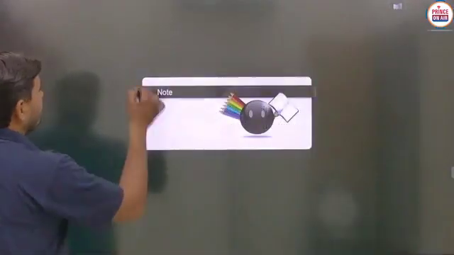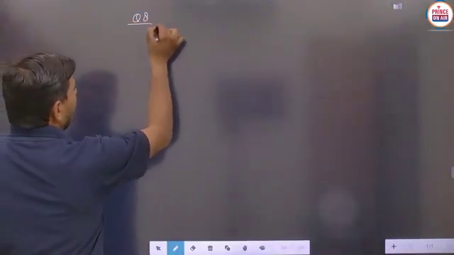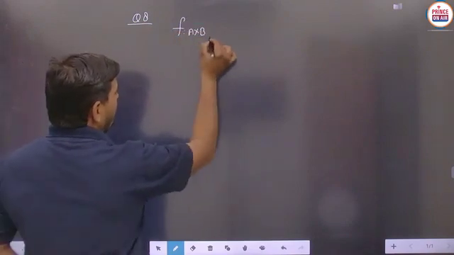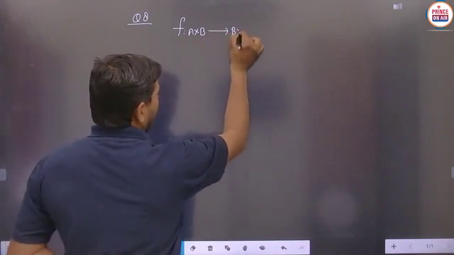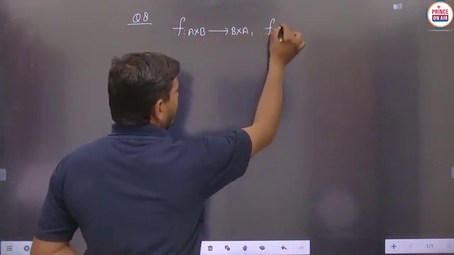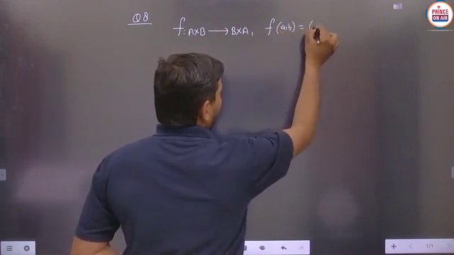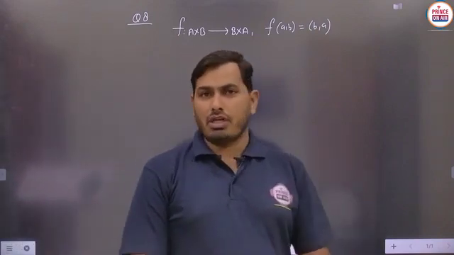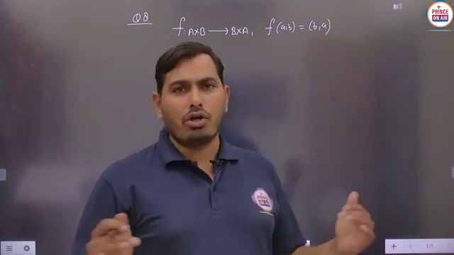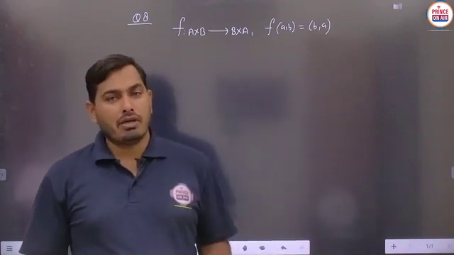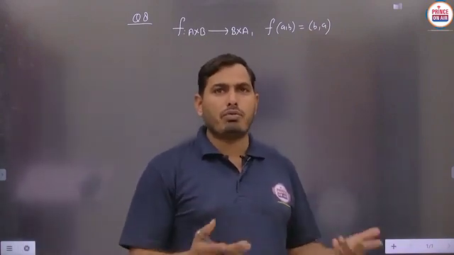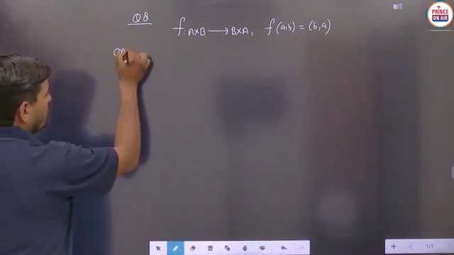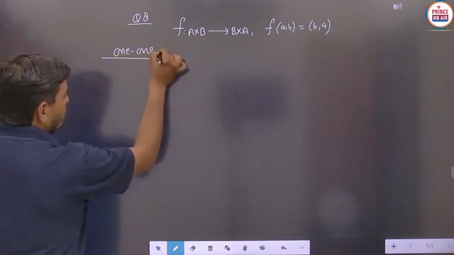So basically question number 8 is given as: any two sets are given as A and B, and we are saying that f is defined from A cross B to B cross A, and this particular function f of (a,b) will be written as (b,a). Is it clear? This particular type of function is given here. We have to just check whether it is 1 1 or not, onto or not. Suppose a function is both 1 1 and onto, then it is said to be bijective. So again we are doing the same work, means first of all we are checking for 1 1, whether the given function is 1 1 or not.